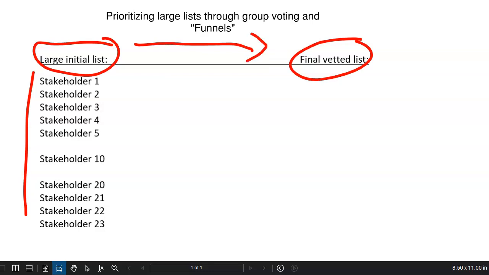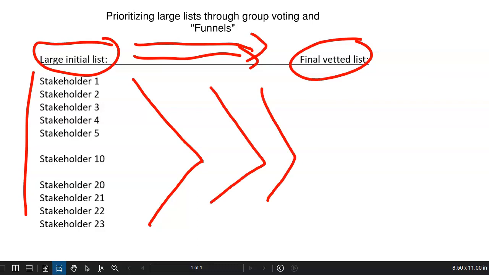And one technique would be to bring the team in the room with the list of stakeholders and go through a voting exercise to get from the many down to the few. And in a funneling approach, it'll be multiple rounds of voting to get to that final smaller numbered list where we don't have 23 in this example to begin with. We end up with,